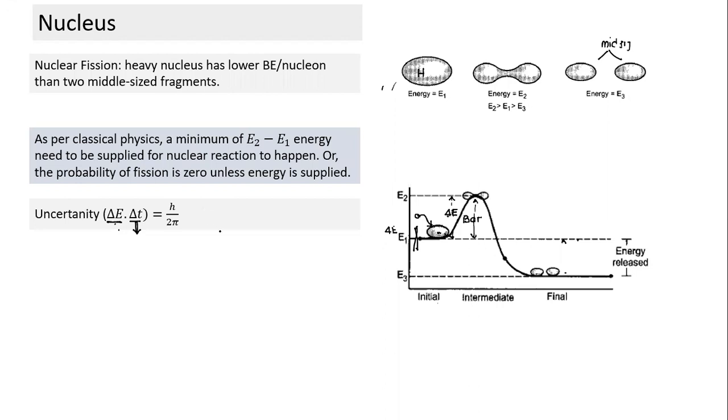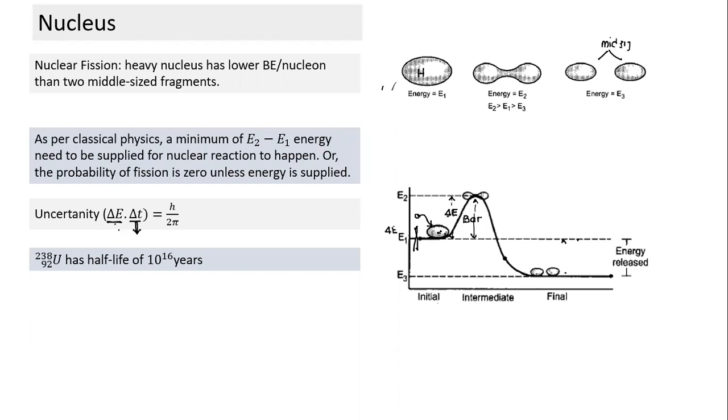So there is uncertainty involved in this case. Even if a nucleus has a mean energy of E1, there's a small probability, maybe 1 in a billion or several billion, that it can reach an energy level of E2, and hence there's a very small probability that it may decay. That's why the whole thing depends on probability principles, and that gives some probability, and that's why decay takes place.